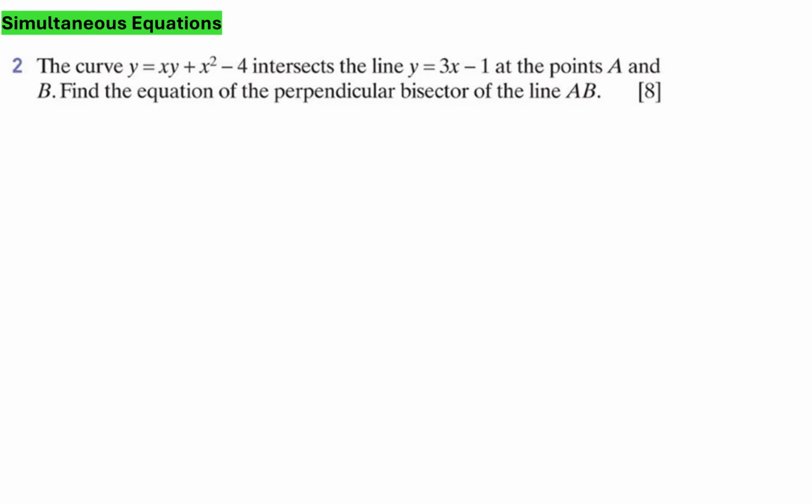Hello everybody, in this question the curve y equals xy plus x squared minus 4 intersects a line y equals 3x minus 1 at the points A and B. Find the equation of the perpendicular bisector of the line AB. So to find the points of intersection,